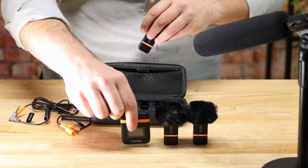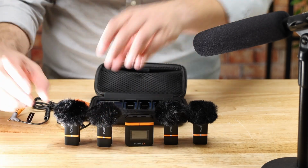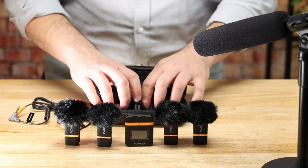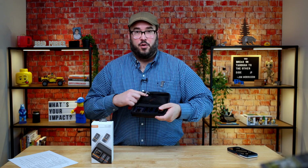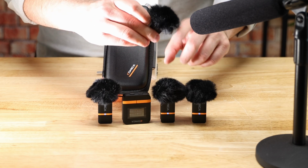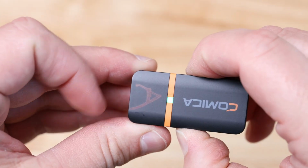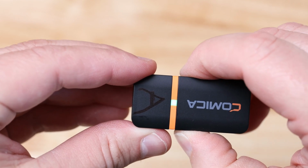I'm introducing the Comica Vimo-Q, a compact wireless microphone system with 4 transmitters and 4 microphones that are built in. Each of the transmitters that you get, and you get 4 of them in here, has a built-in microphone. There's no need for a lapel, but you can use a lapel. It still has a microphone input here, and as soon as you plug in a microphone, it disables the internal